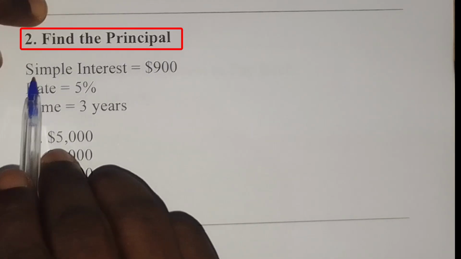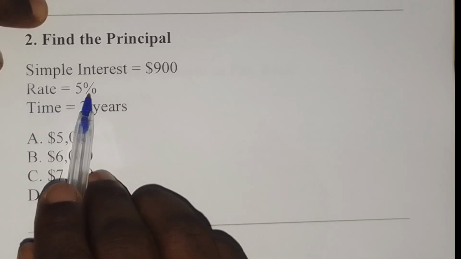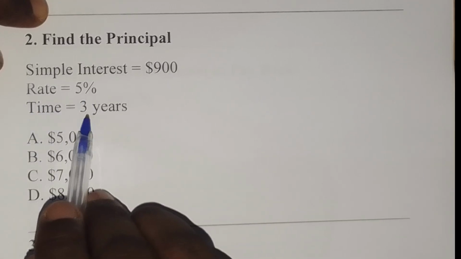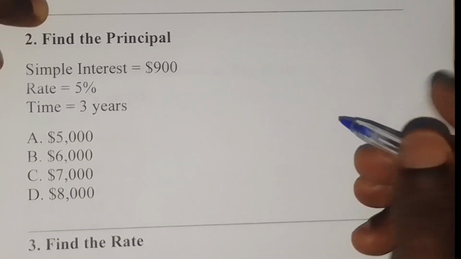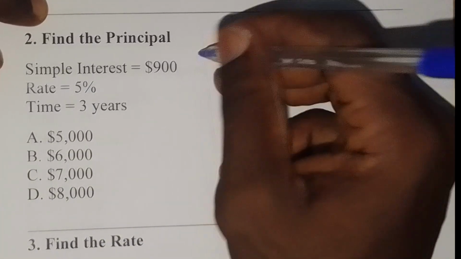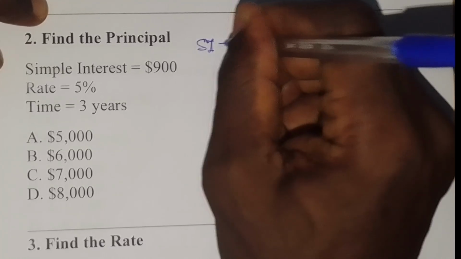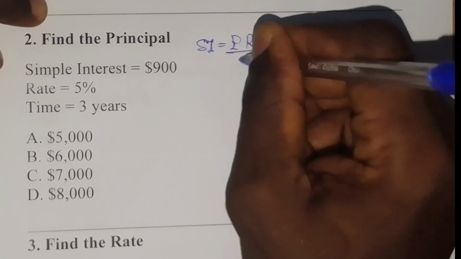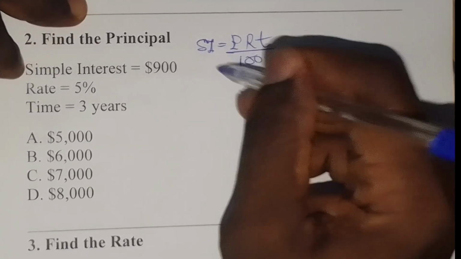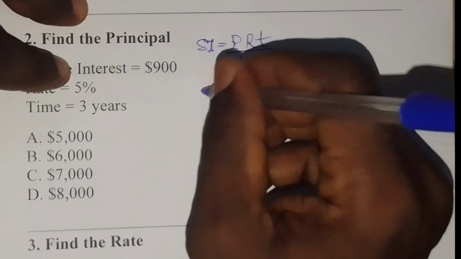Find the principal. The simple interest is $900, the rate is 5%, and the time in years is 3 years. Now find the principal. To find that, first of all, we need to write our formula. Simple interest is equal to principal times rate times time all over 100. Now let us put all the information we know into the equation. The simple interest here is 900